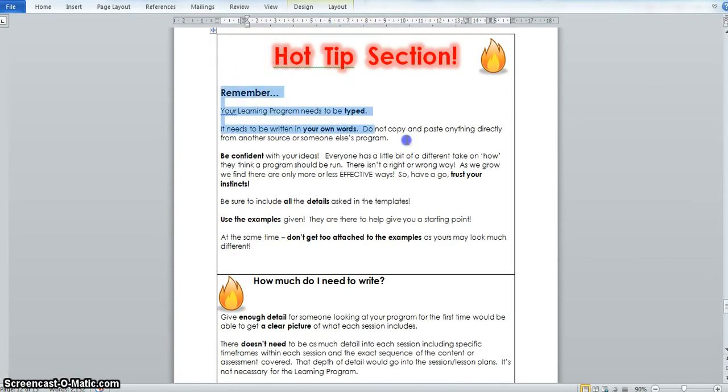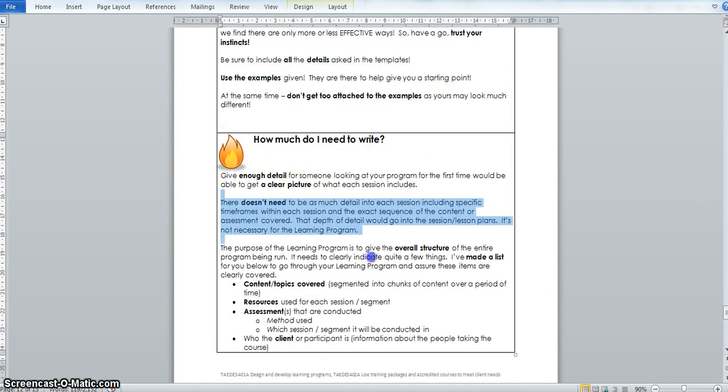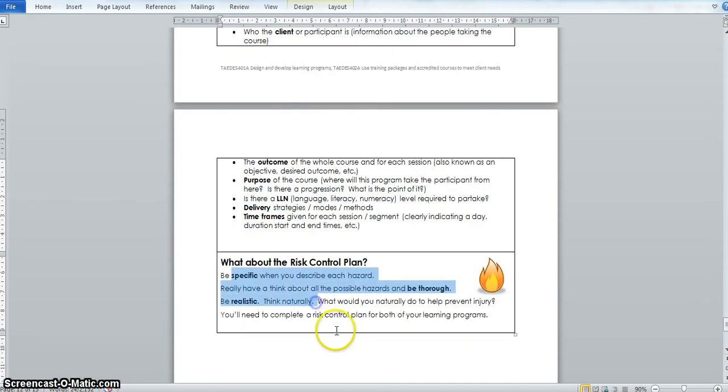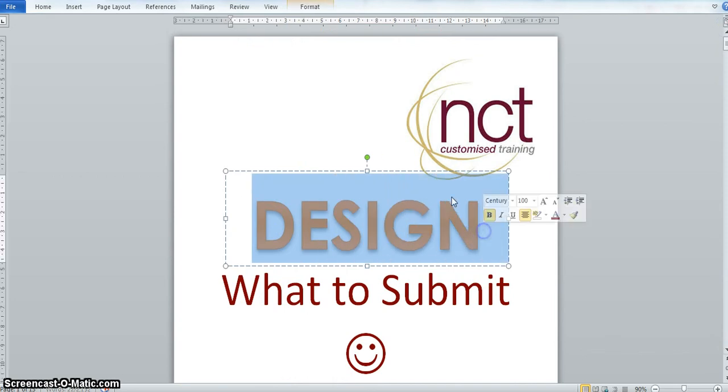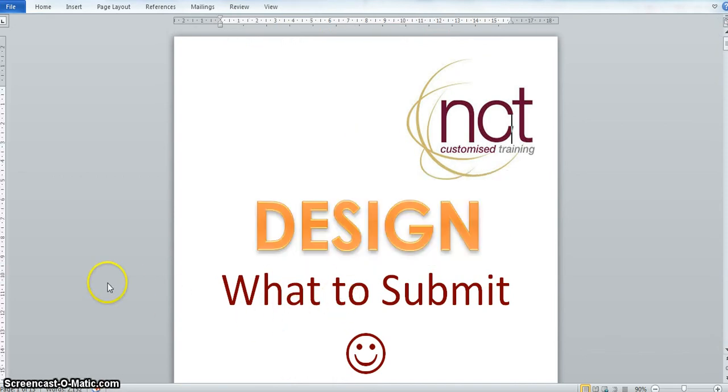Here's a couple little extra hot tips I give you, and you can go ahead and take a look through that. So there is your design workbook. It's very simple. You're designing 2 learning programs. And that's it, guys. 2 learning programs with 2 risk control plans. You've got the manual, you've got the templates, you've got some